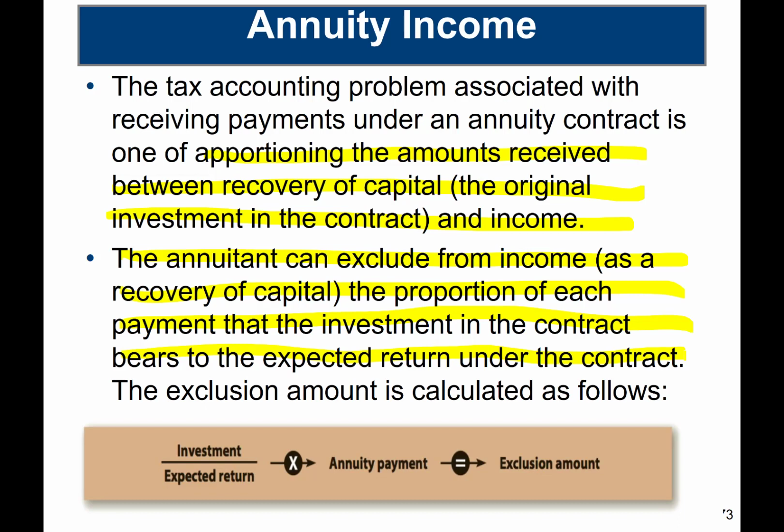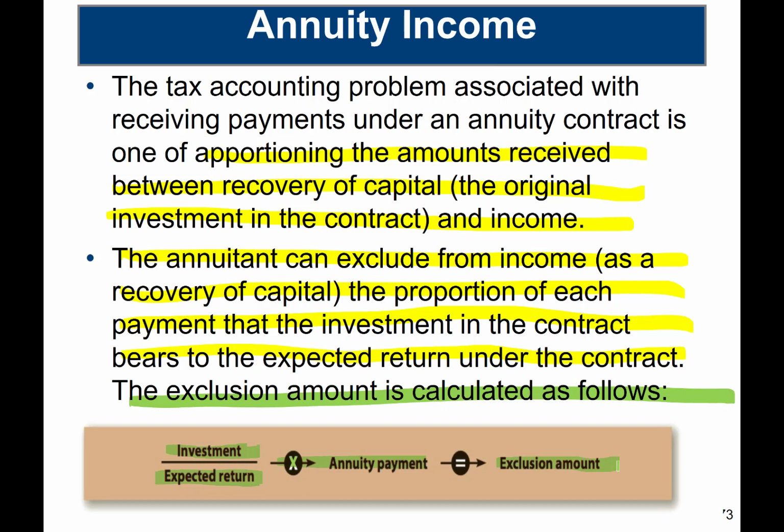Okay, so how are we going to figure out the exclusion amount? For the exclusion amount, we'll put the initial investment in the numerator here, and then in the denominator we'll put the expected return. Okay, and the portion of that expected return that is constituted by the initial investment is the amount, and we'll multiply that times the payments, is the amount that could be excluded, because we're basically saying, hey, some of that money is part of your initial investment. Some of it is an amount that's being paid out because there's been an increase in income here.